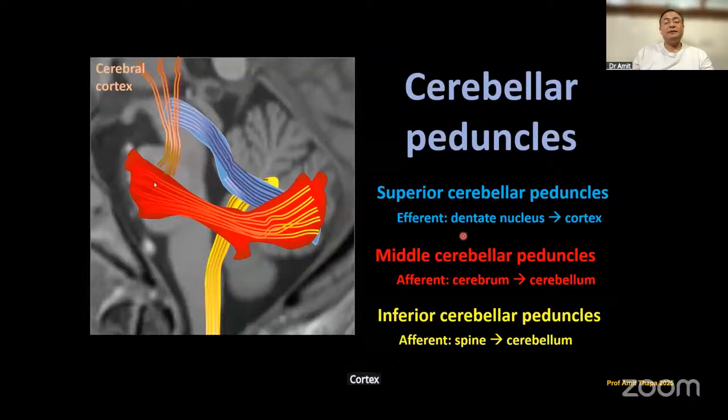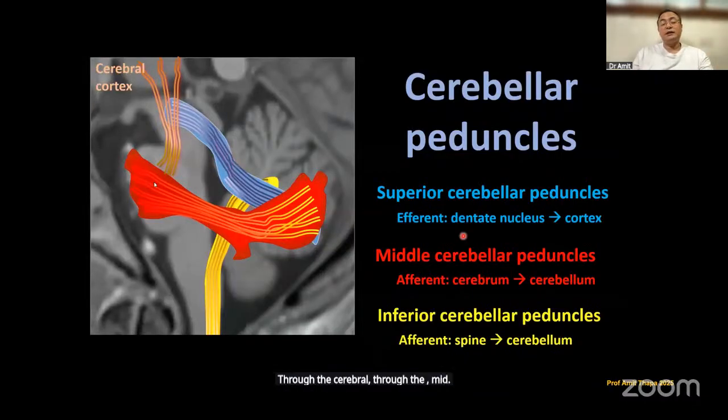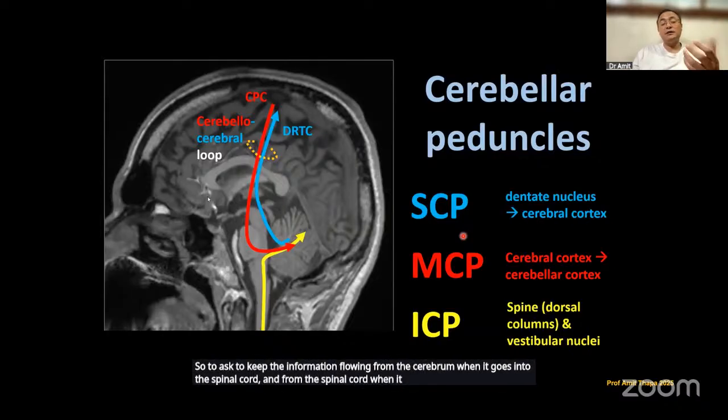Middle cerebellar peduncles are basically afferent pathways from the cerebrum through the pons into the cerebellum, and inferior cerebellar peduncles are afferents again from the spinal cord through the medulla oblongata into the cerebellum. So these cerebellar peduncles act like cerebellar loops, keeping the information flowing from the cerebrum to the spinal cord, and from the spinal cord to the cerebrum through the cerebellum. It helps the system to titrate itself